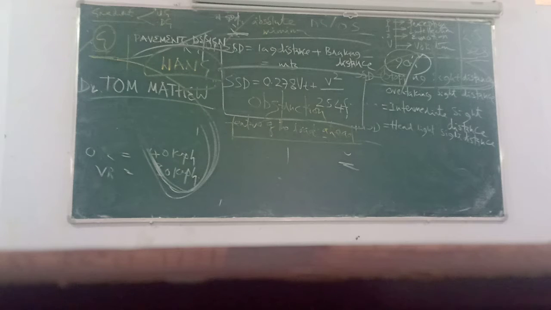How is it being related? Speed of the vehicle. The higher the speed a driver is going, the higher the stopping distance required. The lower the speed the driver is going at the particular desired speed, the lower the stopping distance. If the driver is going at 5 km per hour, you don't require to stop the vehicle. It is automatically going to stop. That's the meaning of that. Correct. Speed of the vehicle.